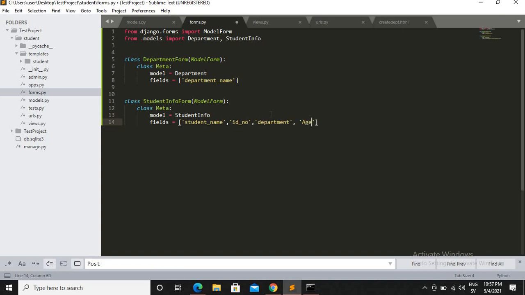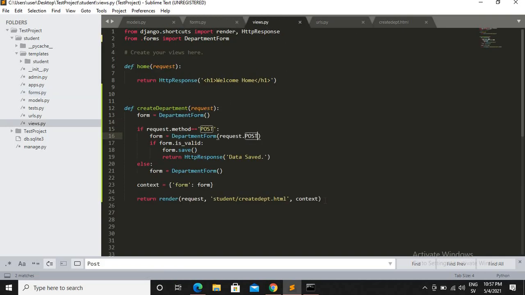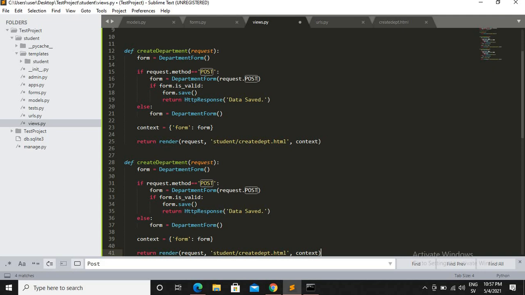age and CGPA. Okay, let's go back to the views.py file, just copy this function and paste it here and change the function name, student, okay, info, okay,